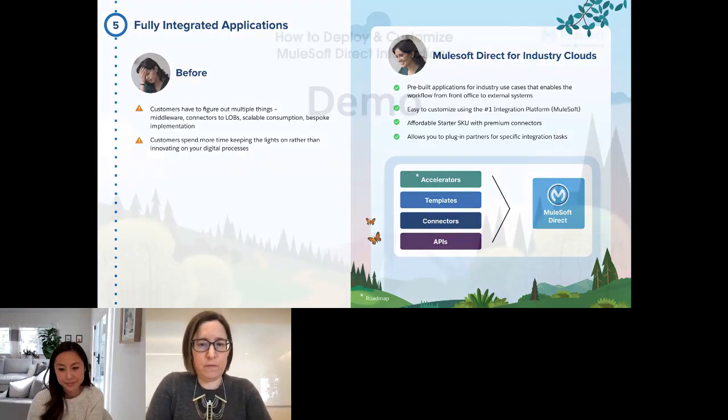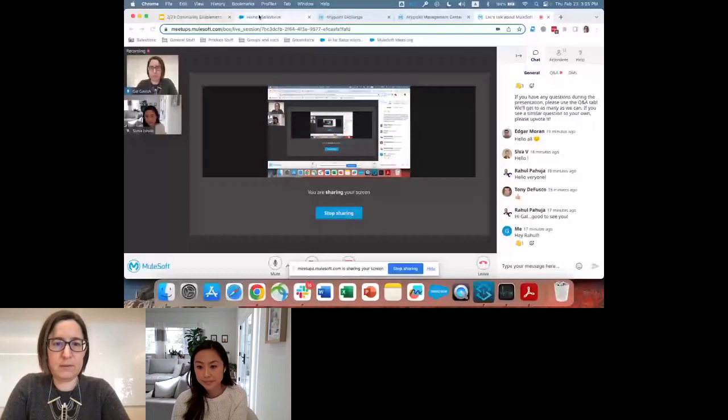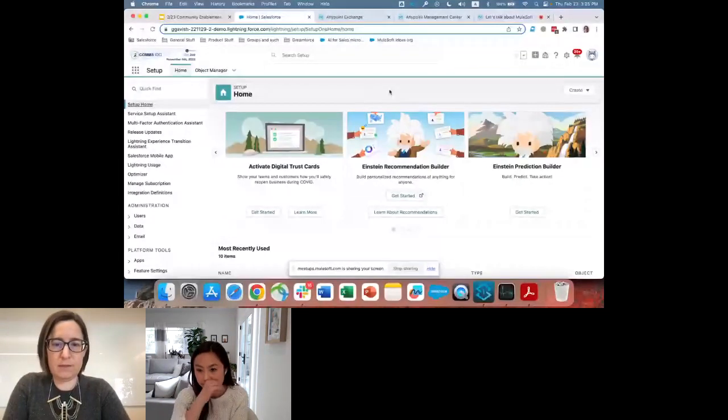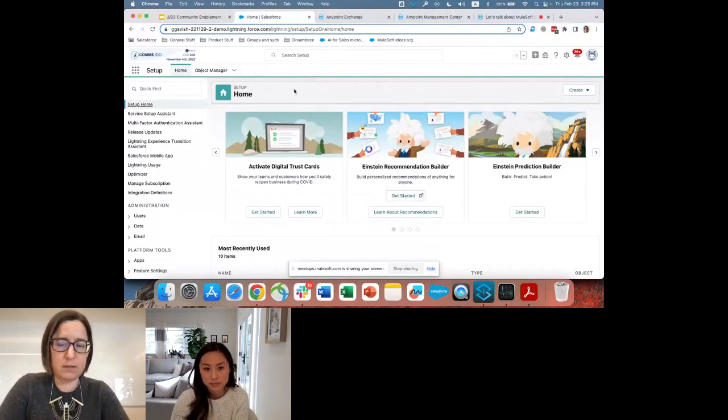So let me switch over and show you how it actually works. So Sonia, if you share my screen, I can show you how it works. So we'll start from within the Salesforce home. This is a demo org for Communications Cloud. So I'm just going to walk you through a quick Comms Cloud demo. So I'm a Salesforce administrator right now, and I'm looking to set up those integrations that Sonia mentioned, like verifying an address